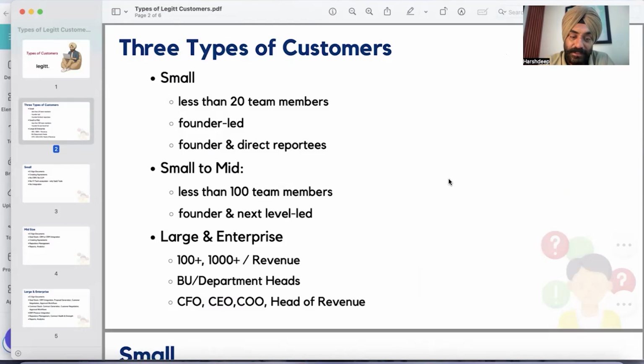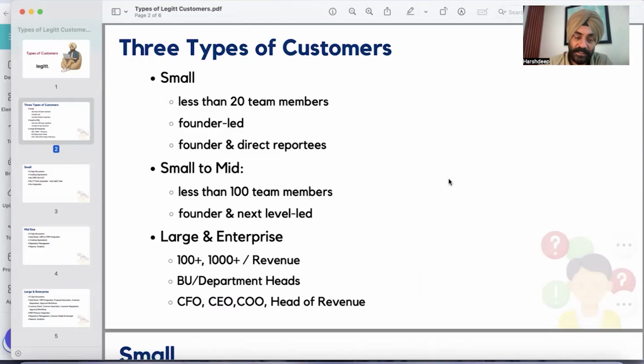Then there are different BUs and departments inside these organizations where Legitt AI might be implemented for just one BU. For example, just for the sales team, or the legal team, or the revenue management team, or the head of revenue that manages the revenue embedded in the contracts signed with the customers by the sales team.